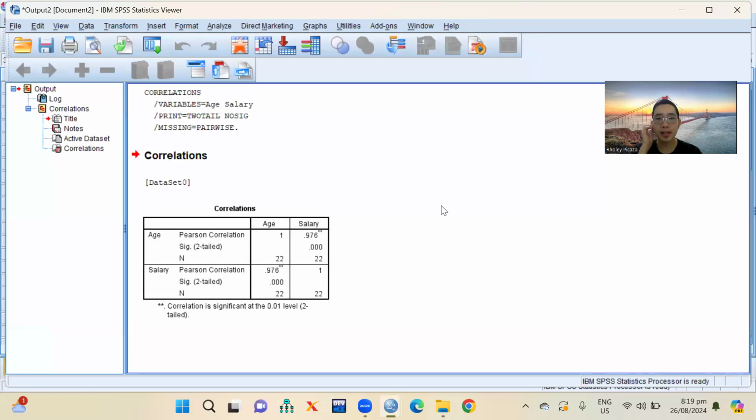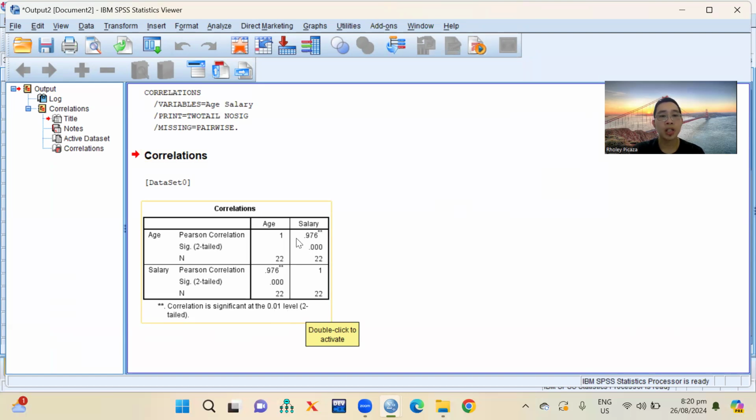So now this is the result of our correlation, with the correlation is significant at the 0.01 level and two tails. So we have now the age and the salary. So take a look on the 0.976, the double asterisk, and the Sig is 0.000.